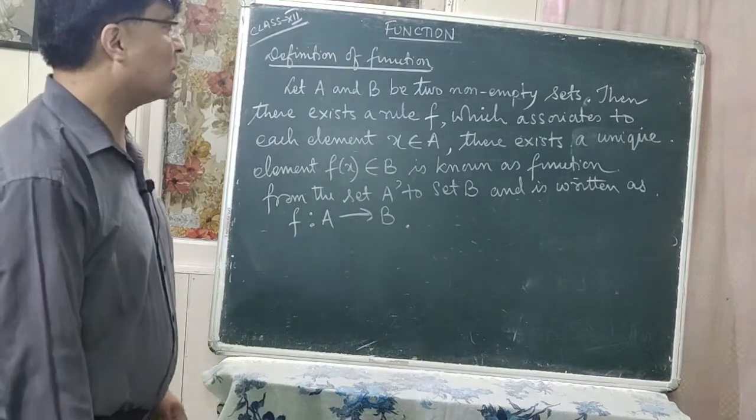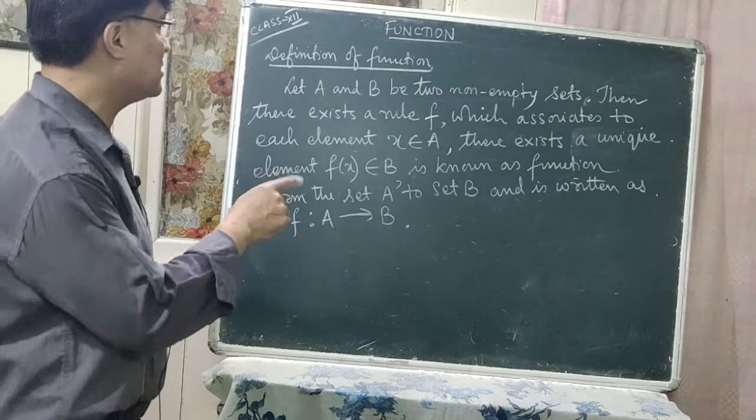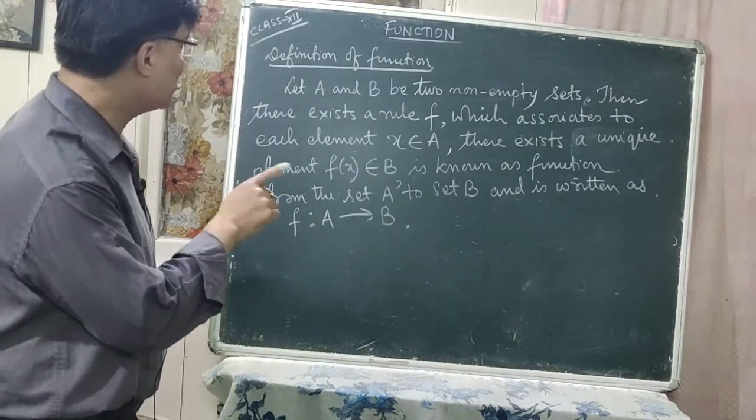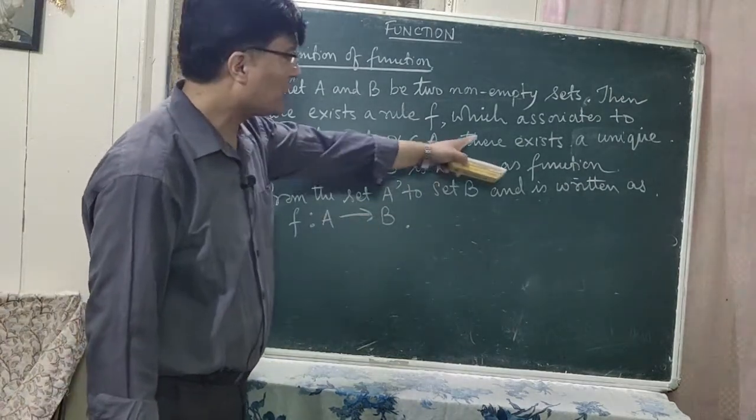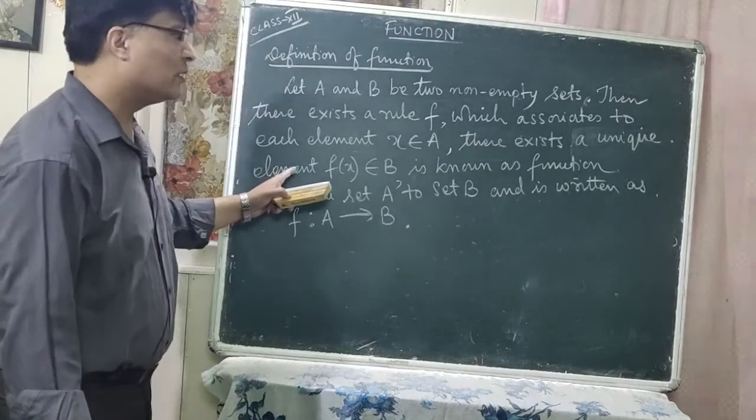Let A and B be two non-empty sets. Then there exists a rule f which associates to each element x belonging to the set A, there exists a unique